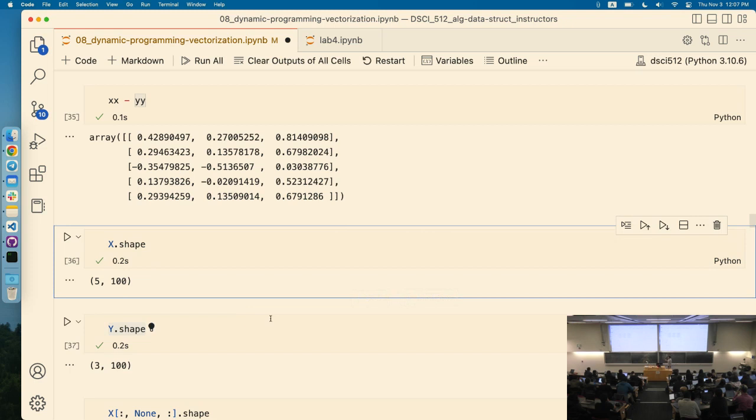Okay. This is the shape of our original x's and y's. So can we do broadcasting in this case? If you remember from 5.11, we had to start from the right-hand side and check the dimensions, right? So 100, 100, that's good. 3 and 5 doesn't work. Okay. So we have to create